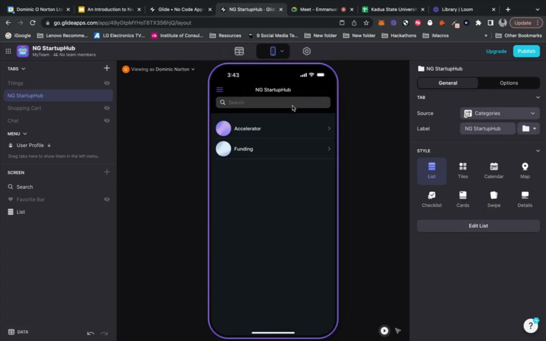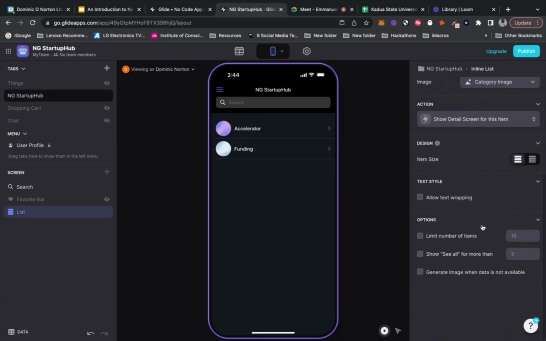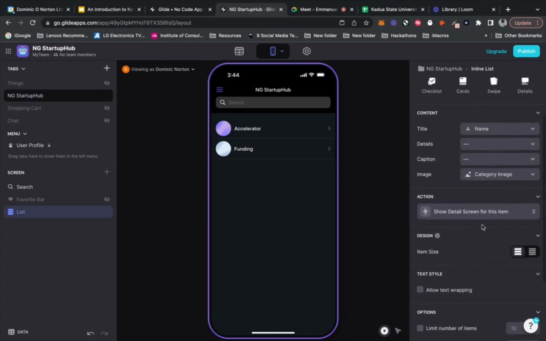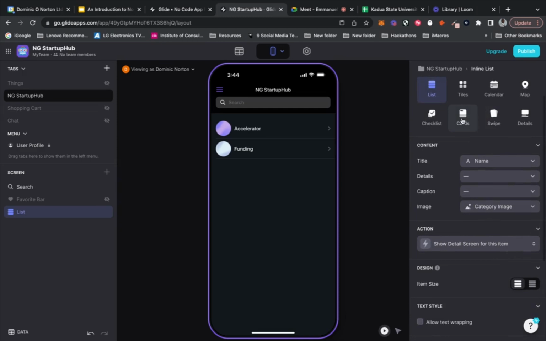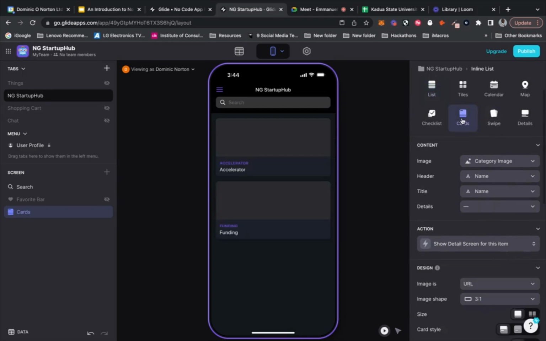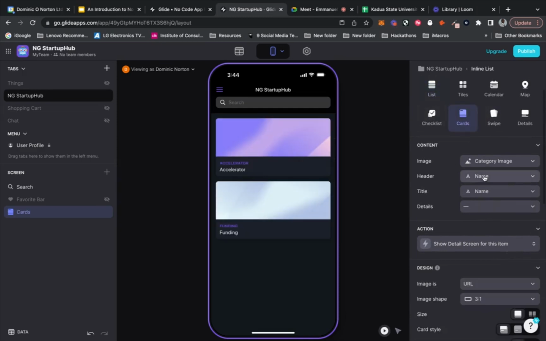What we want to do next is we want to allow users to add to our favorites. So let's see if we can do that. With this particular, I have to change this a little bit to allow users to add to our favorites.